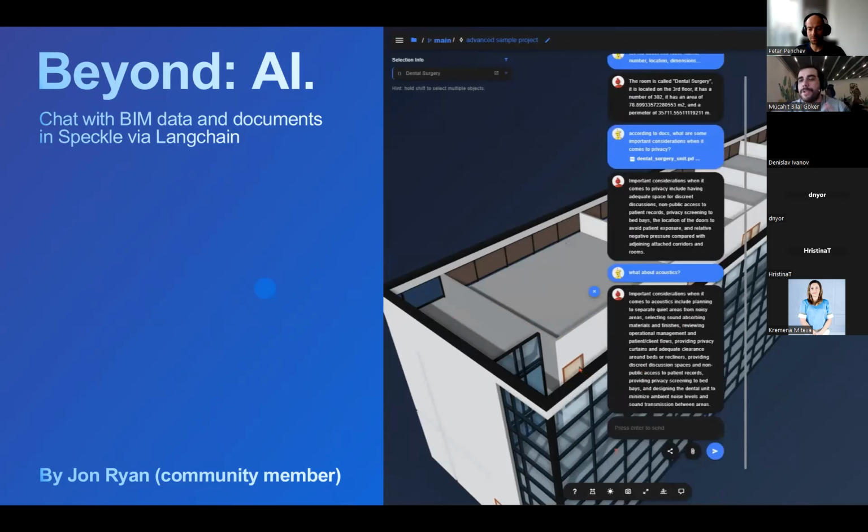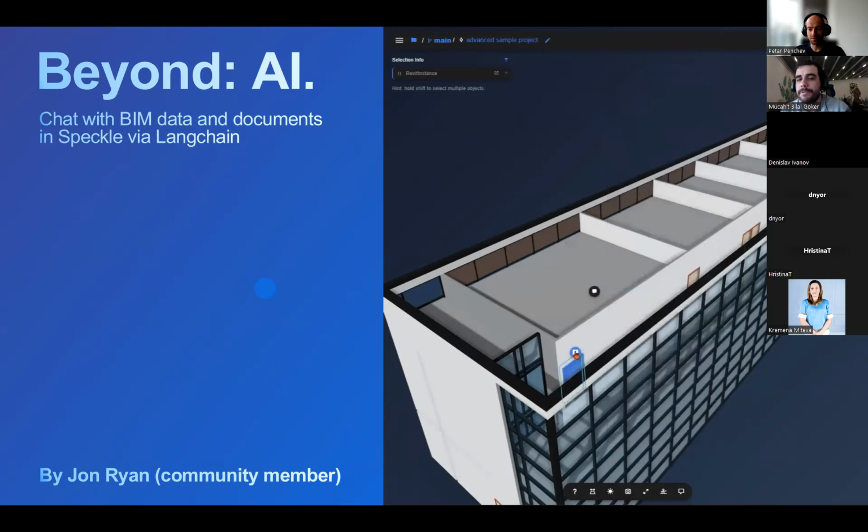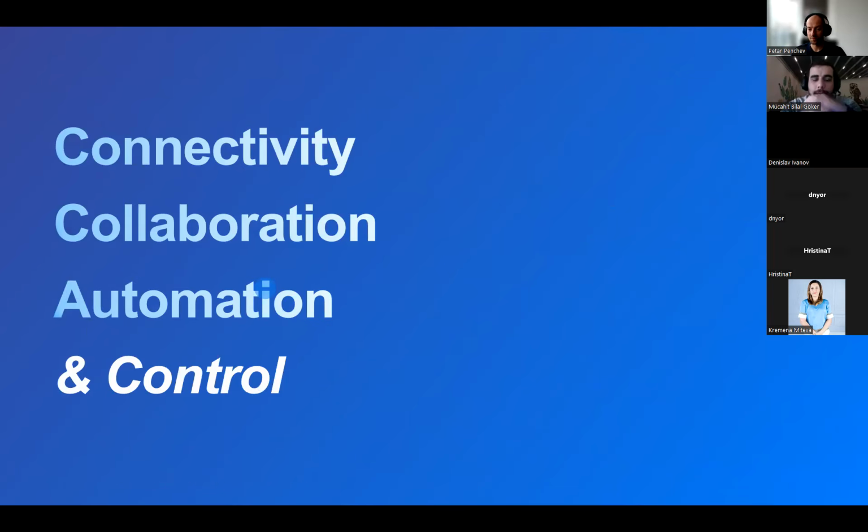As I said, once you free your data from files and make it accessible, you can create workflows like this, which would seem impossible without it. So just to wrap up, automation is one of the key features of Speckle that is built into it. We're not only enabling automation for our customers, right? But we're also enabling other companies to create workflows and pipelines where normally it would take them ages to create the infrastructure,